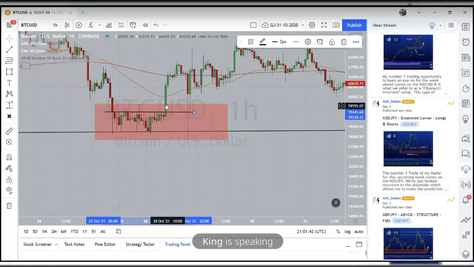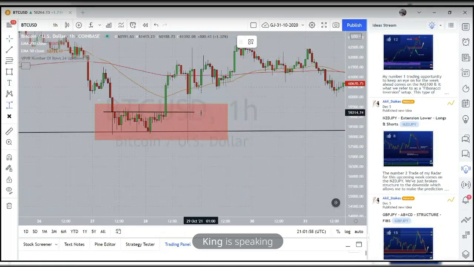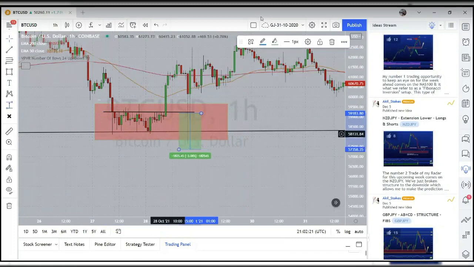On the 1 hourly, you might be looking for price to get back above the 50 EMA, and possibly a return into this level. I don't know how much of a stop loss you would have needed to account for these wicks, but you definitely would want it below the low. So you definitely want it below this low, and I would say the actual support or resistance level. So let's say 3%. I most probably would have gone with 5 if I took this trade. I don't know if I did, but